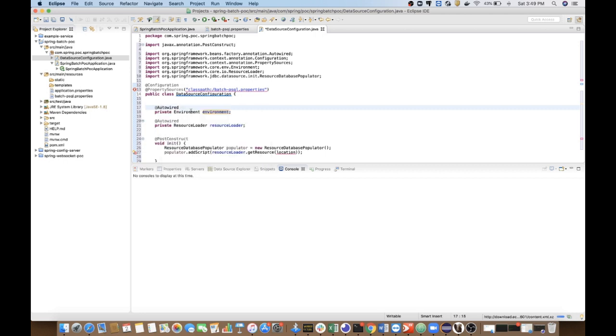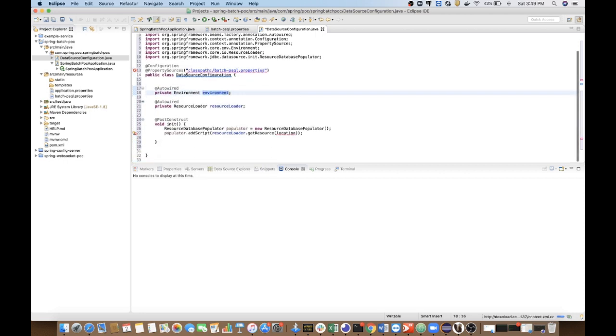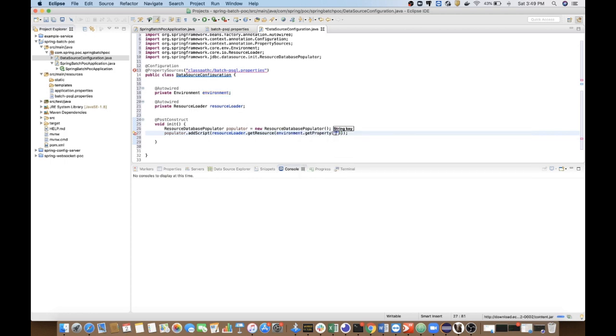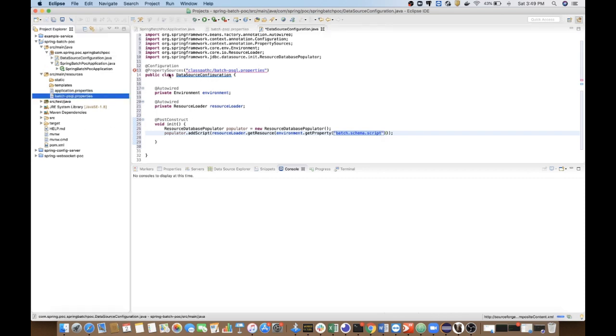Again, autowiring it. Basically I am giving it the script location. This is the property batch schema script, so I'll put it here.